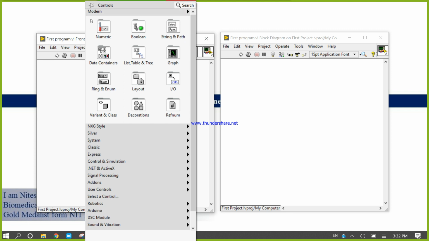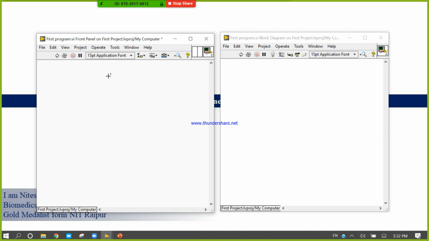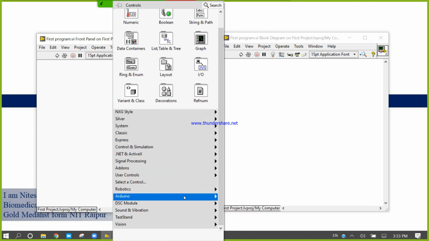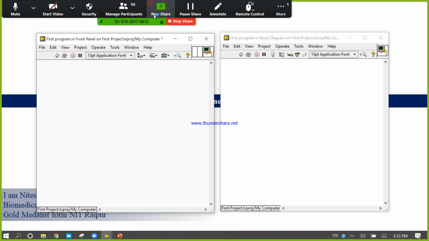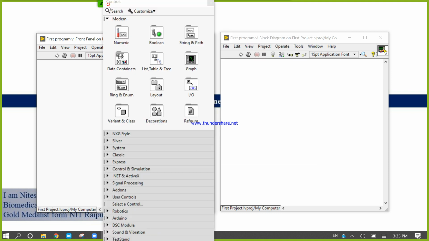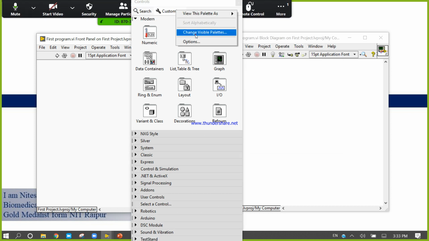If I want to configure my function palette as NXG style, for that I will right click here. Pinning, customize, change the view palettes.